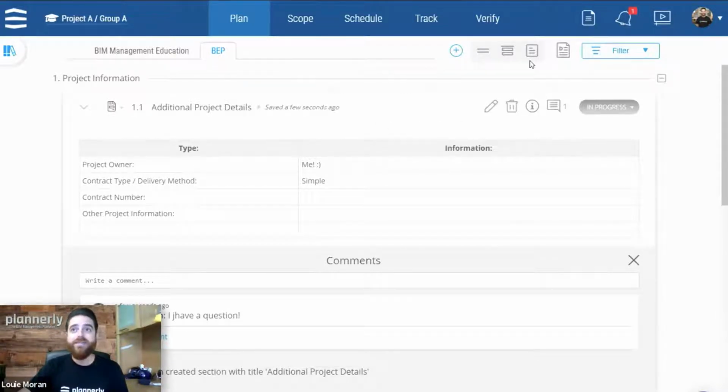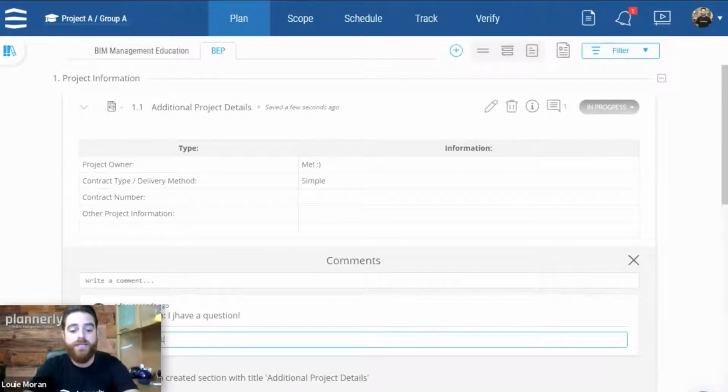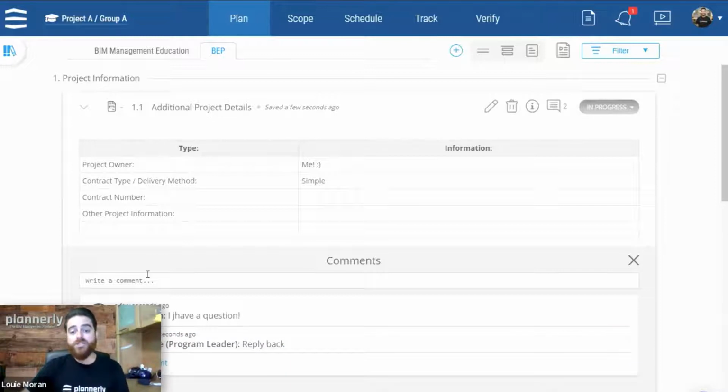So here we can quickly access that question. I can respond or reply back to his question within the thread, or we can start a new topic. So it really consolidates each topic within each section. Now, Clive, we've done some collaborating here. You can hear me. What would be the next step when it comes to approving this section?